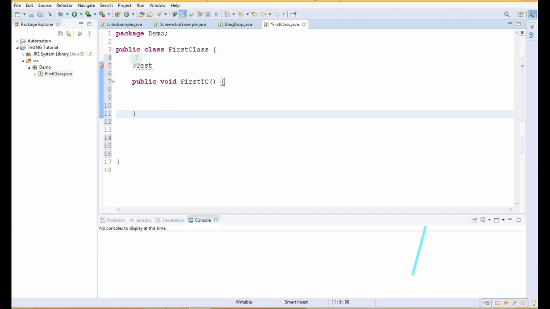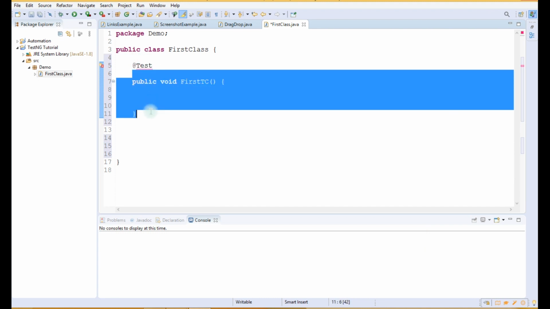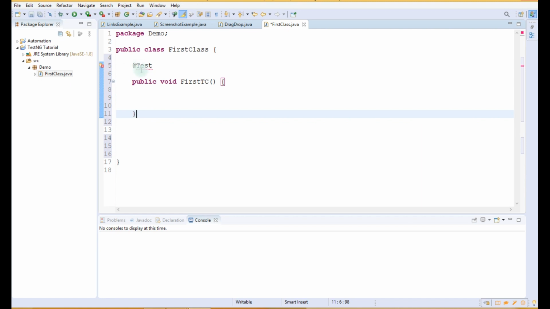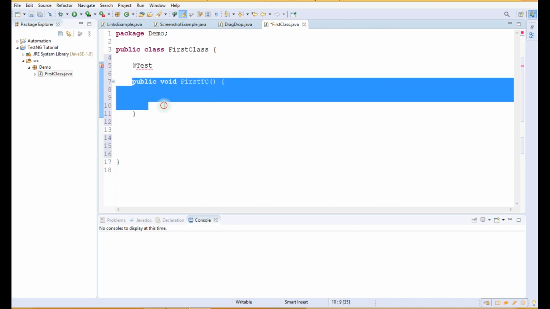Using this annotation, TestNG will identify that this is a test case, because @Test is written above the test case. @Test should be written before every test case. Only then will TestNG get to know that it is a test case.